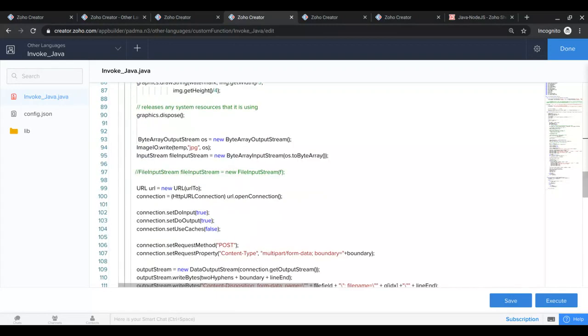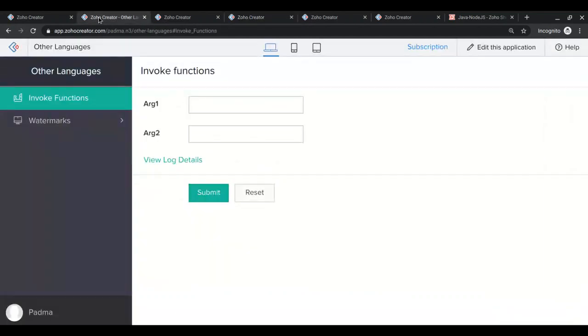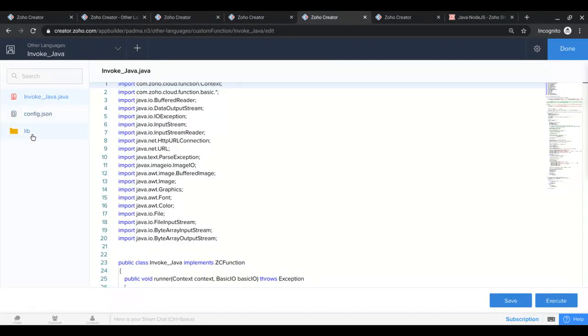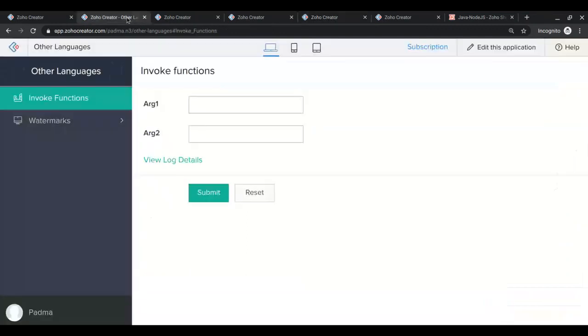So this is the entire function which actually watermarks a given input image file. I will execute this function from the creator end and show you how it works. But in this function, you can see that we have not used any external files. It is just the methods that have been used with them. That's all. So we'll go to that particular form